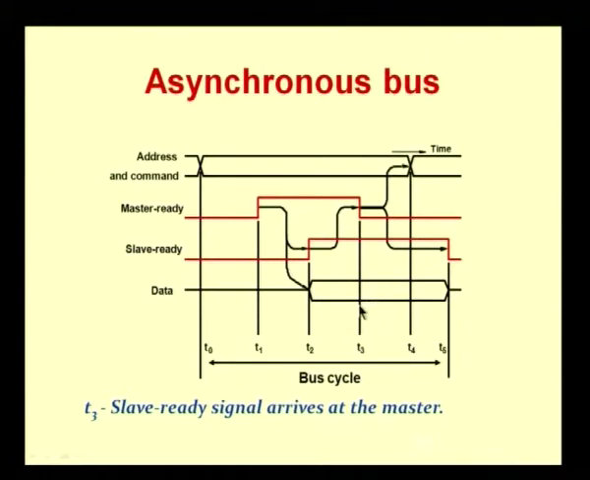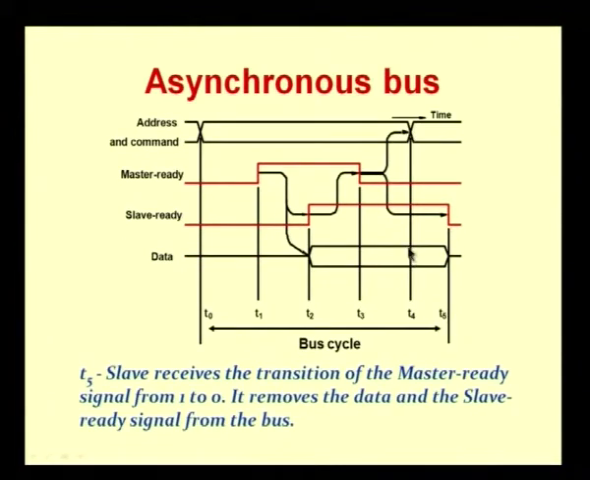Now, after the master ready signal goes down, the next thing that happens is that the master removes the address and command lines from the bus. Once it removes them, at time t5 the slave receives the transition of the master ready signal from 1 to 0. Remember, the master ready signal went from 1 to 0, but that has to be seen by the slave. Once it sees that transition, that the master ready signal has been removed, then the